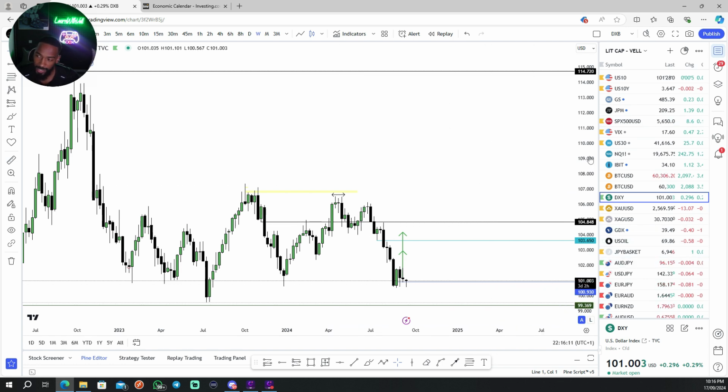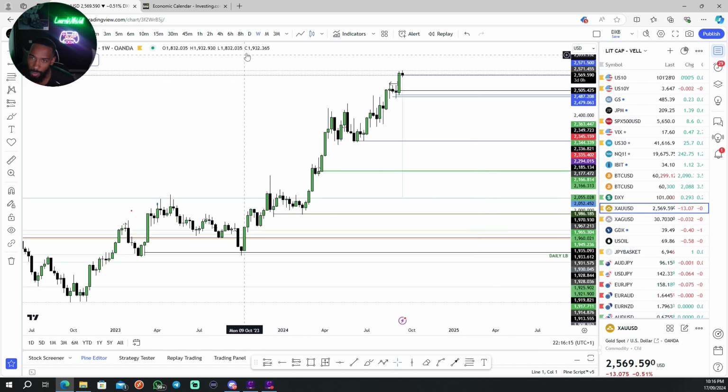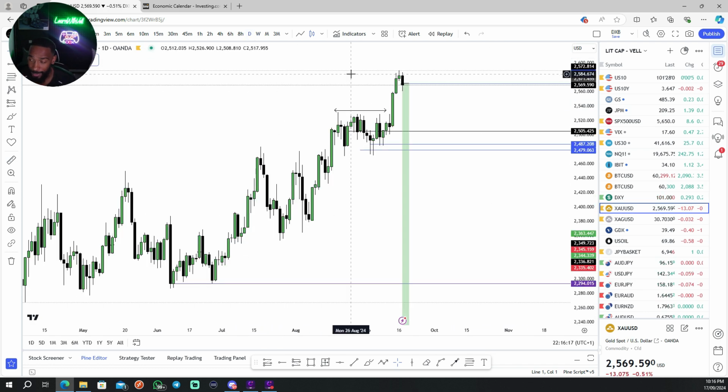So if we can get a stronger dollar, guys, that would actually further support a short with gold, which of course we're currently in. We are risk-free, so even if price does tap us out, it's not a problem. We're not going to lose any sleep, because we're certainly not losing any profit. Or should I say, we're not losing any money.